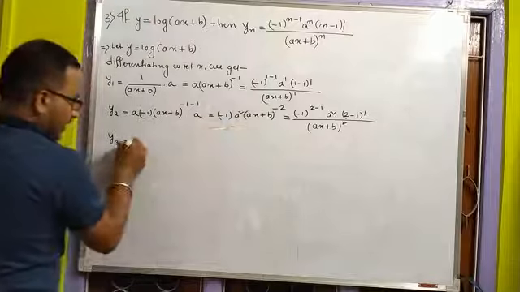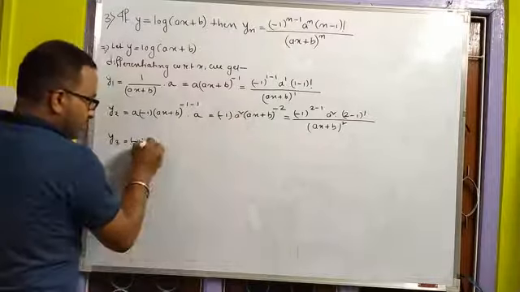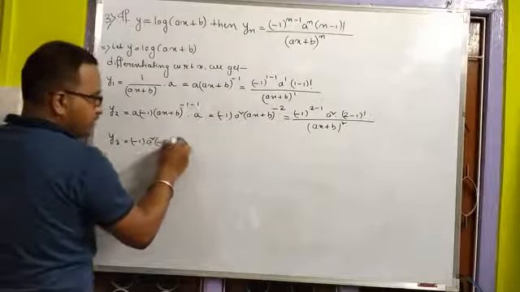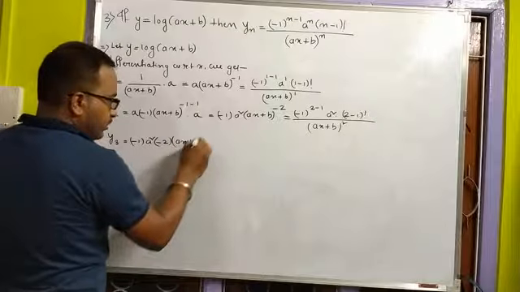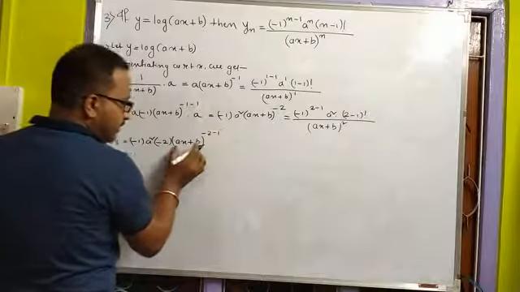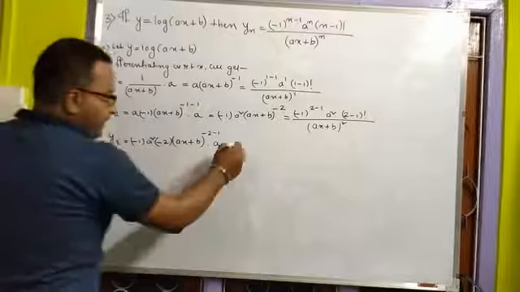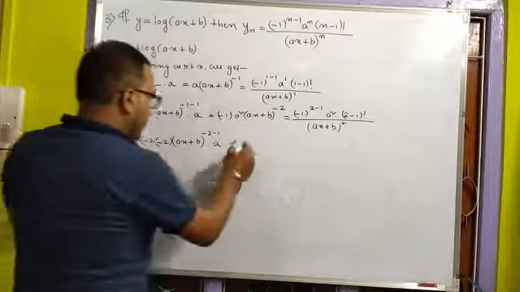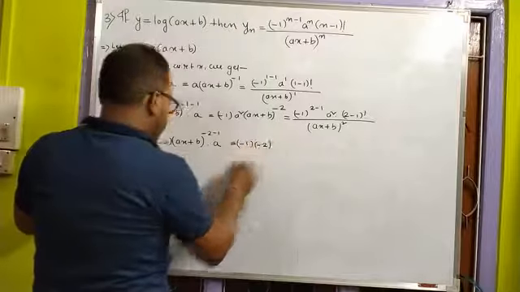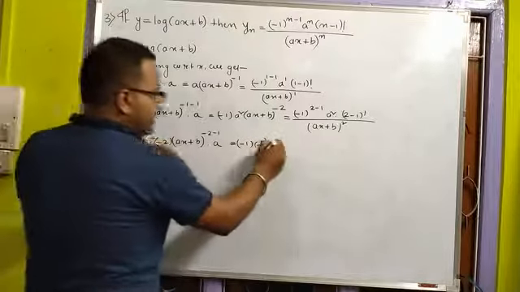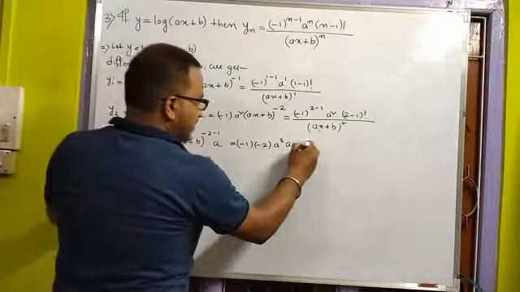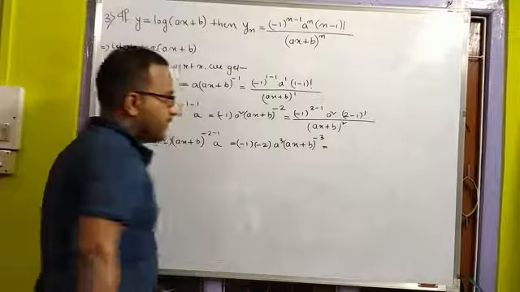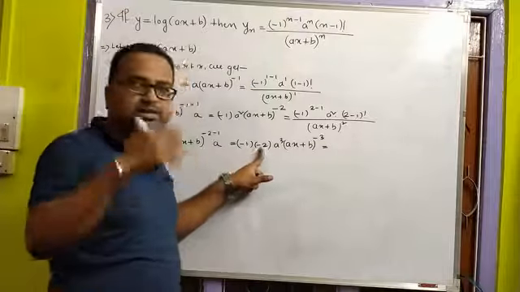So it is what? Minus 1 is constant, then a square is constant, then it is again x to the power n, so n x to the power n minus 1, so minus 2 ax plus b whole thing to the power n minus 1 into derivative of this, which is a, right? Now this equals, you see, minus 1 into minus 2, there is a square into a, which is a cube, and it is ax plus b whole thing to the power minus 2.